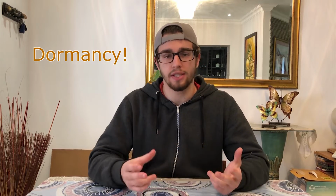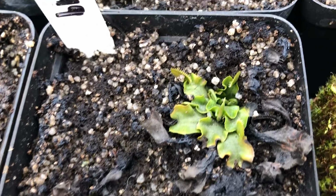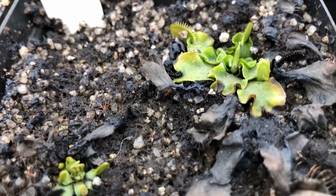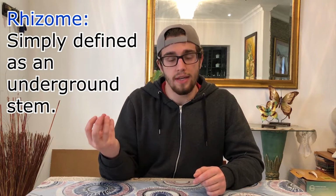Now, the third most important tip with growing your Venus flytrap is dormancy. As I've just said, the plants go dormant in winter. So what exactly does that mean? When the sunlight and the temperature start to decrease in winter, the plant starts slowing down in growth. The Venus flytrap forms a white bulb underground called a rhizome and stores all its energy inside of that rhizome